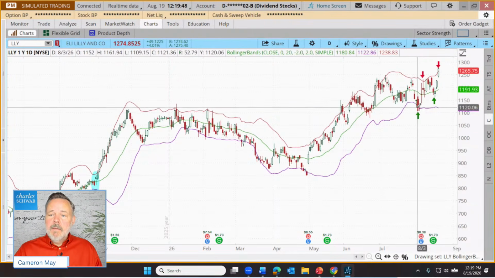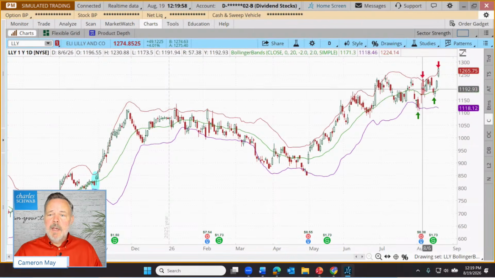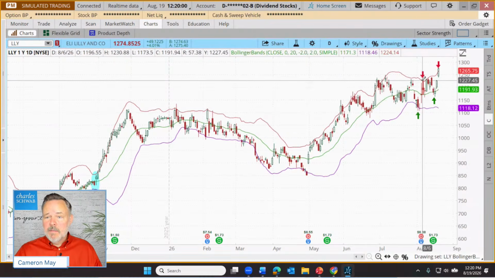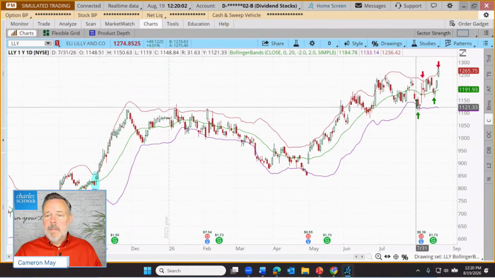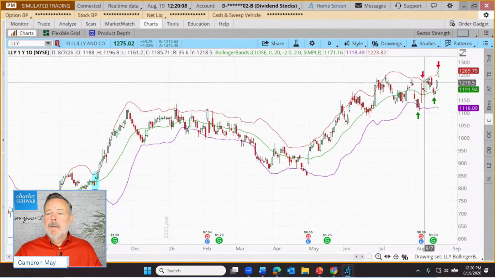So our entry looked like that was valid. And again, just in this example, it doesn't always work. Well, where do we take exits? Well, if we're trying to buy at extreme lows, maybe we wait to sell at short-term extreme highs. So a common approach is to buy at the lower band, sell at the higher band. Sometimes it works, doesn't always.